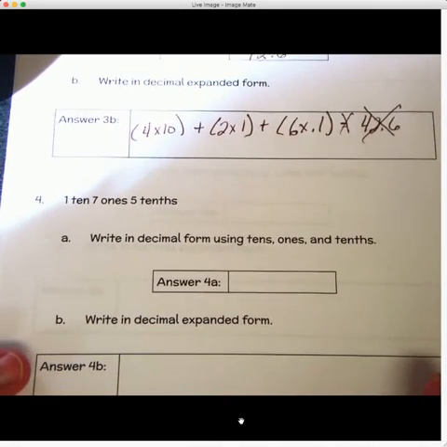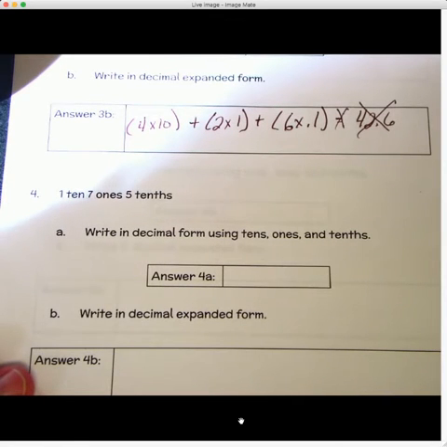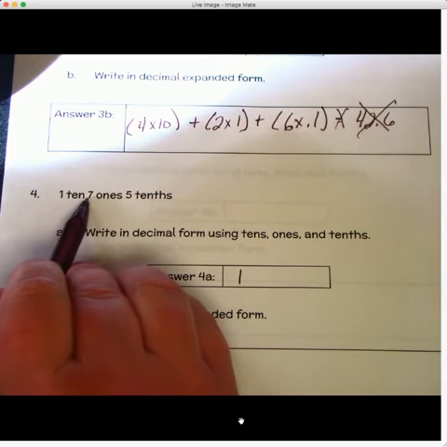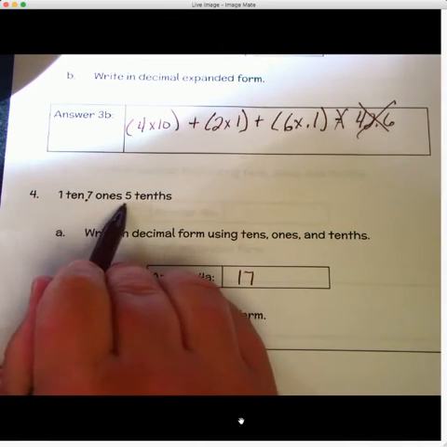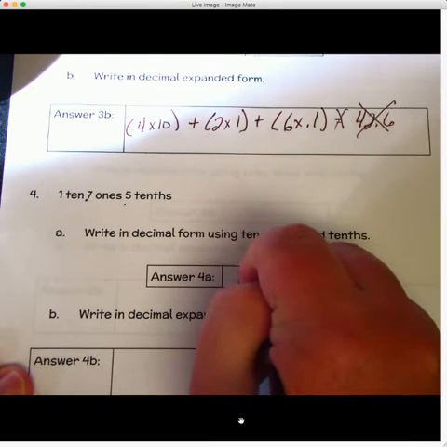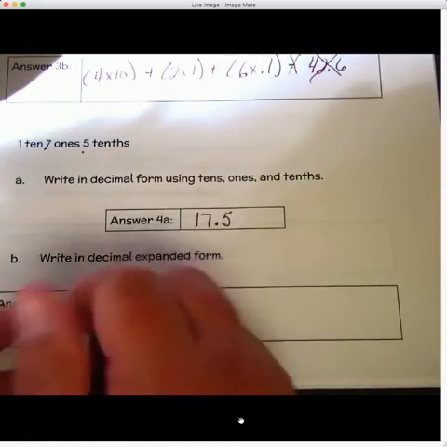All right, this next one, we don't have the place value chips. We've got it written out. We have 1 ten, we have 7 ones, and we have 5 tenths. So write it in decimal form. We have 1 in the tens place, 7 in the ones place, 5 in the tenths place. Decimal expanded form, we're going to have 1